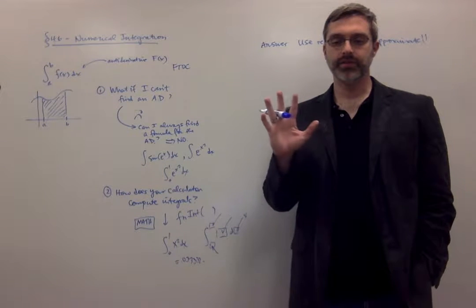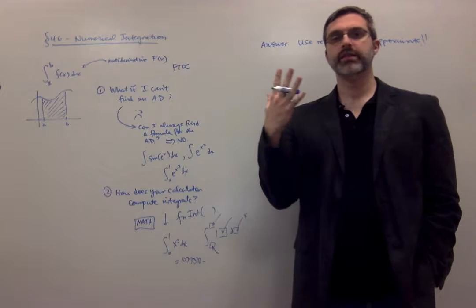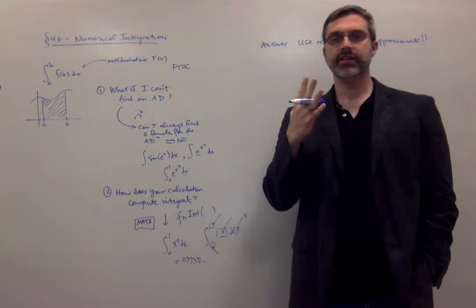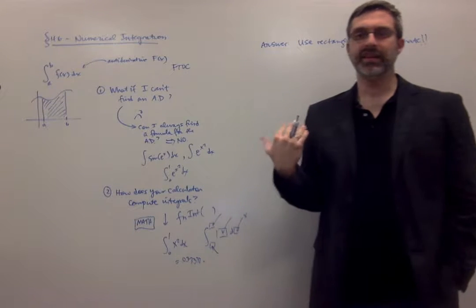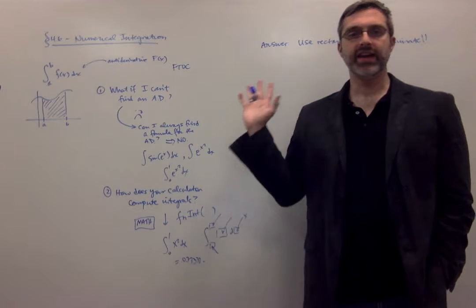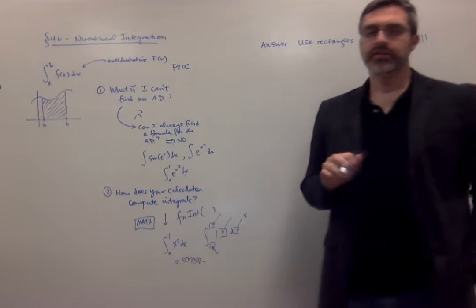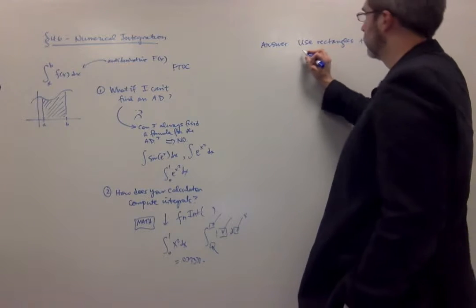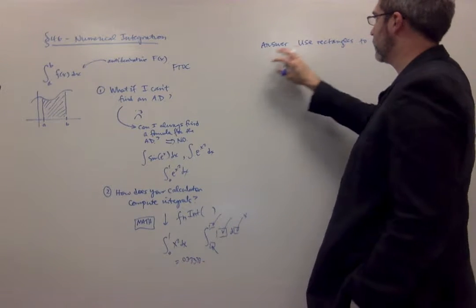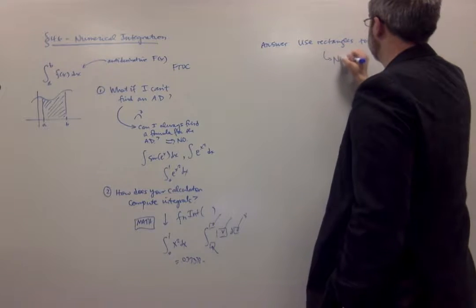If you think about how we did this before, we would cut up things, find areas of rectangles, and then let n go to infinity. In this case, we're not going to let n go to infinity. We're just going to choose a big enough n so that we get a nice approximation. Okay. So approximating an area using rectangles, this is called numerical